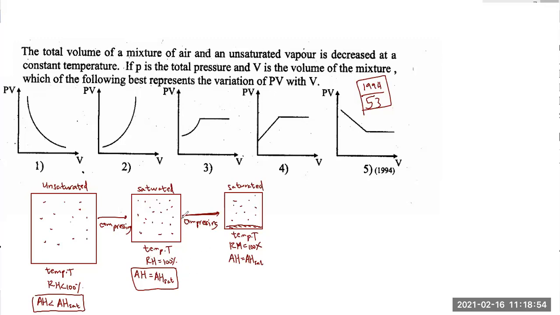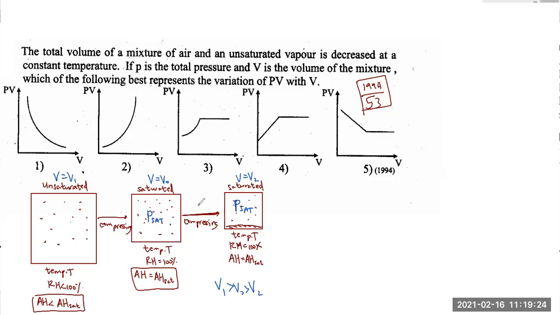It's about pressure. So let me quickly mark the pressures. What is the pressure here? Pressure here will be saturated vapor pressure. And here also pressure is going to be saturated vapor pressure. Can you agree with me on that? Now I'll take the volume here as V1, and this volume as V0, the specific volume where saturation happens. And then this volume is V2. You can see V1 is bigger than V0, which is bigger than V2, right? So V0 is my reference point.